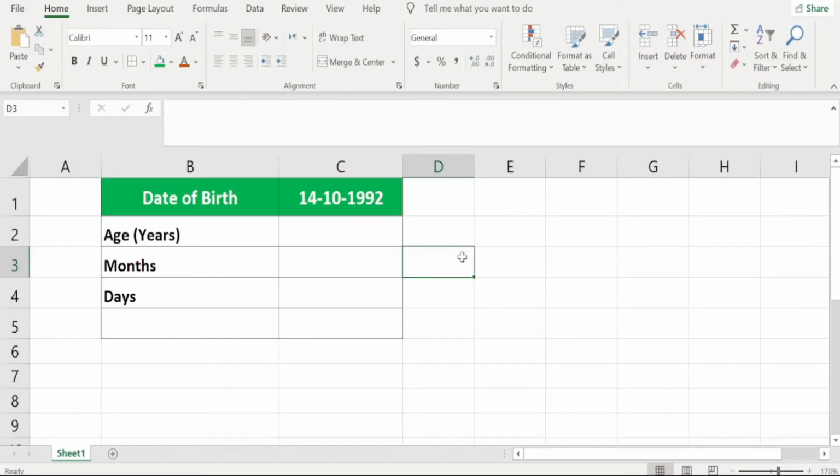Hello friends, in this video I will show you how to calculate your age in years, months and days. First of all, you have to be careful about two things. The first one is the date of birth cell should be formatted as date, and all the other cells should